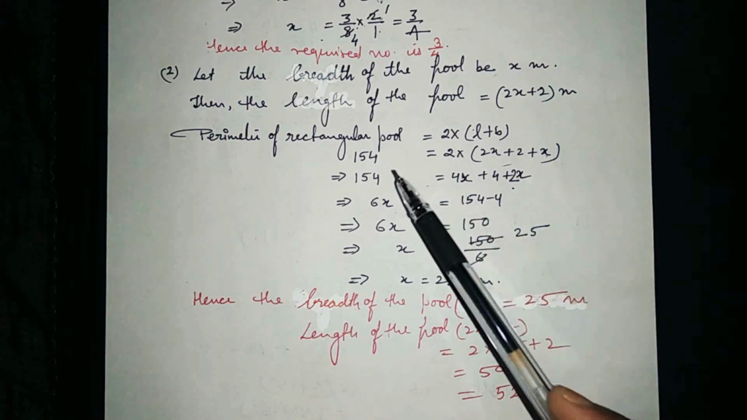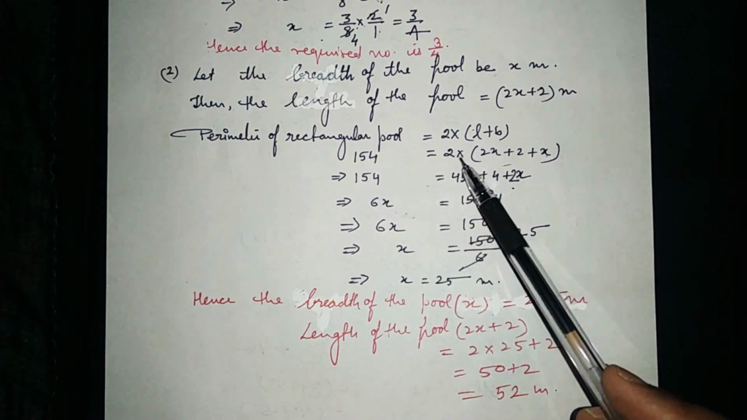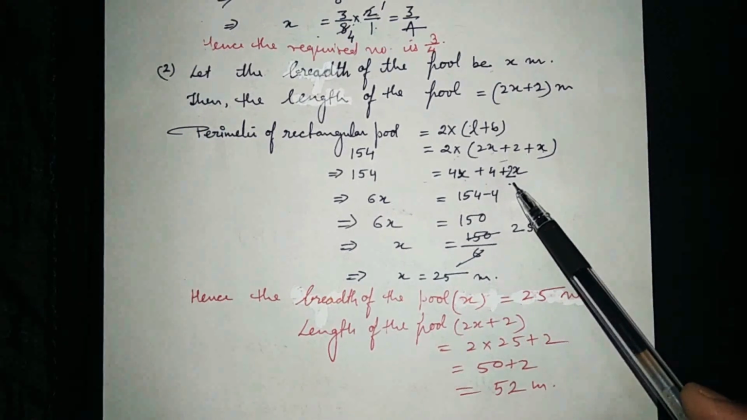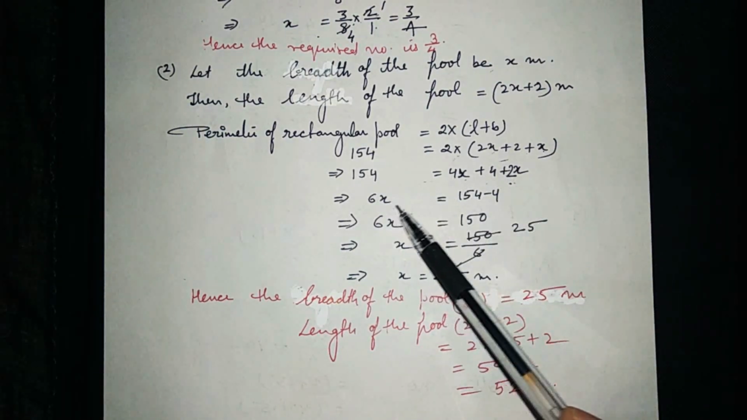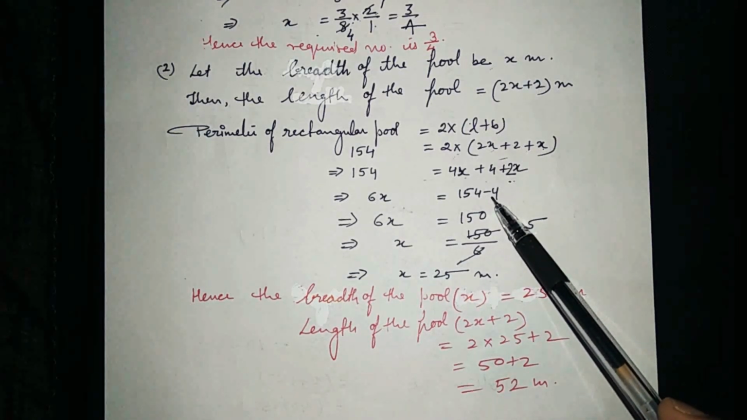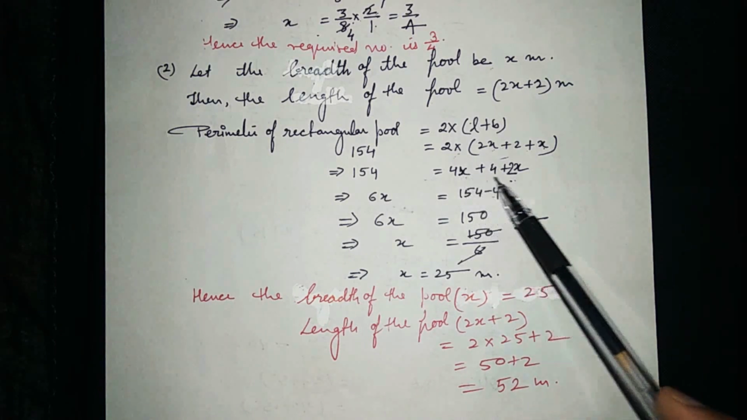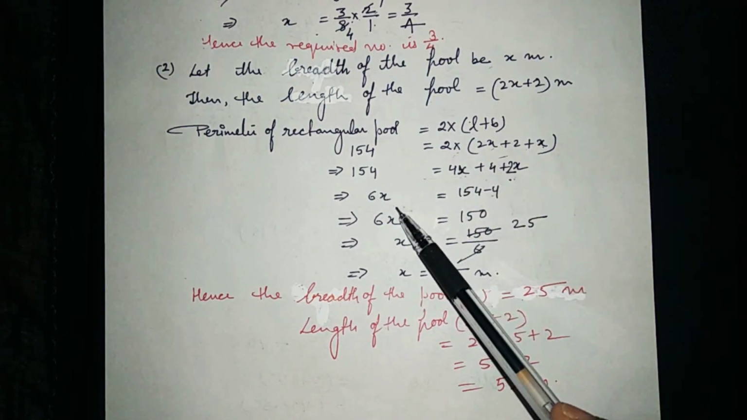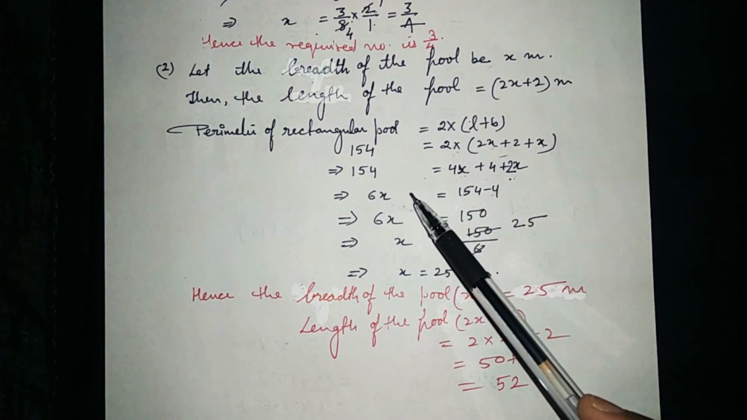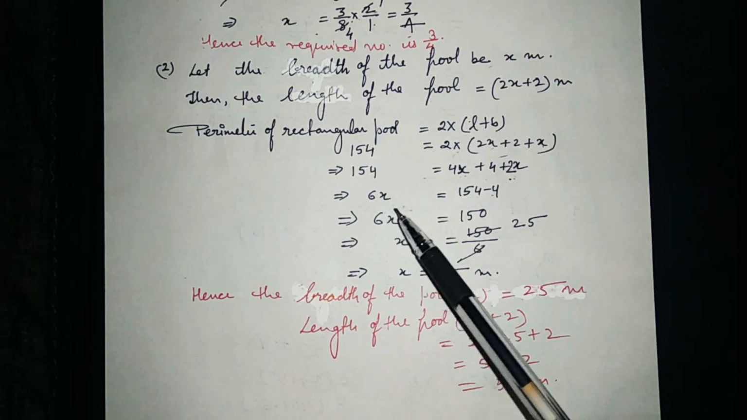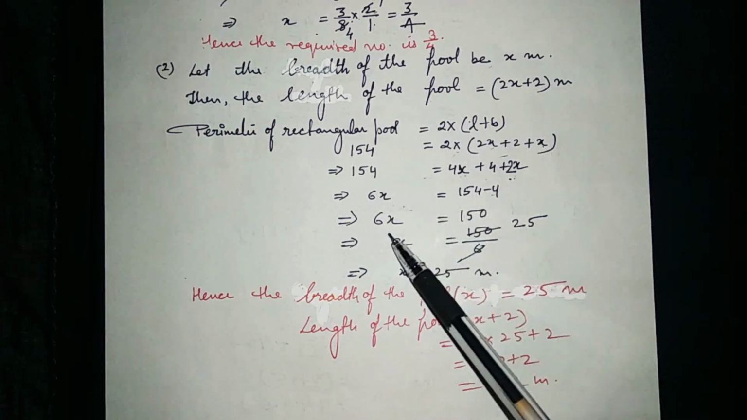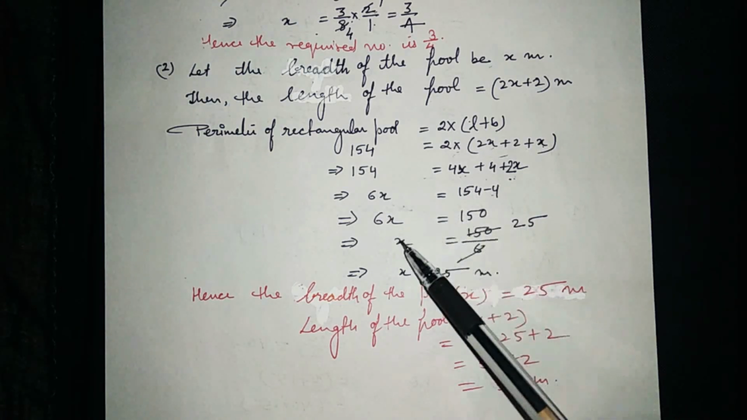Now see the next step. 154, here 2 into 2x is 4x, 2 into 2 is 4, and 2 into x is 2x. 6x is equal to 154 minus 4. How is this coming? See, 4x plus 2x is 6x. And this 4 we will transpose to the other side. So the next step will be 6x is equal to 154 minus 4. Then 6x is equal to 150 and x is equal to